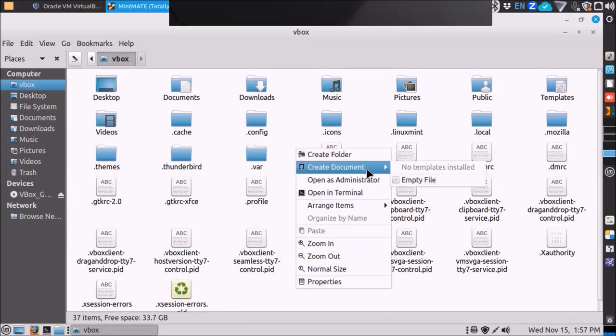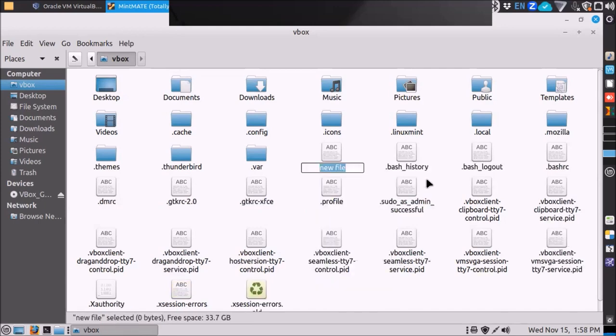This is neat because I can remember all the times in Windows, you've got to go to the word processor, create a file, save the file, and then you can add to it later. Here, I don't have to open up a program. I just say, make me an empty file,